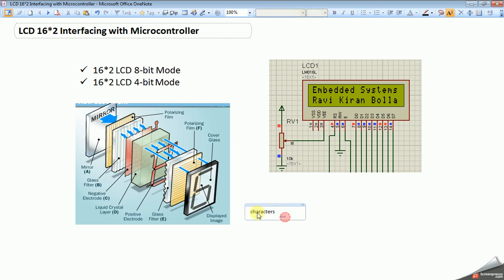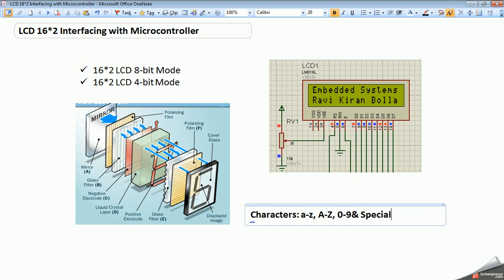Printable characters like small a to z, capital A to Z, and numbers 0 to 9, and special characters. So we can't display any images using this 16 by 2 LCD.